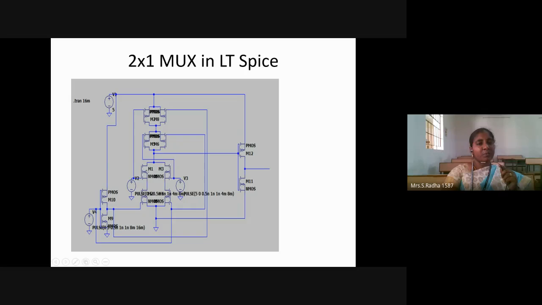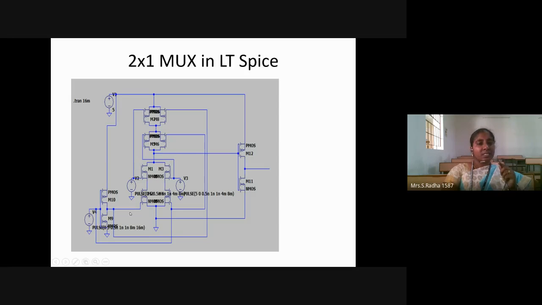Okay. Here I am putting two transistors D0 and S bar. Here I am putting two transistors D1 and S. This is the S input. After inverting, I am giving it here, so it becomes S bar. Before the inverter, I am giving it here, so it becomes S. And these four are NMOS transistors. I am putting the dual structure with PMOS transistors. Here one below the other NMOS, so I am putting PMOS one beside the other.